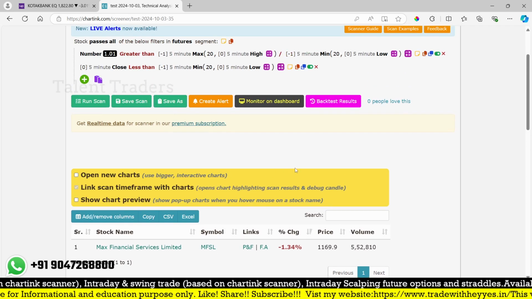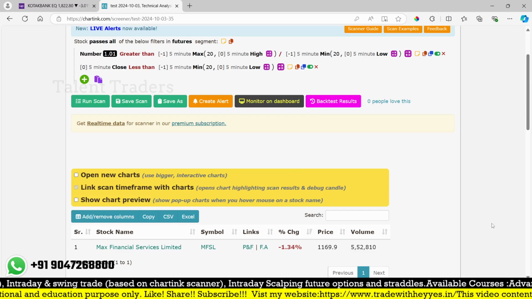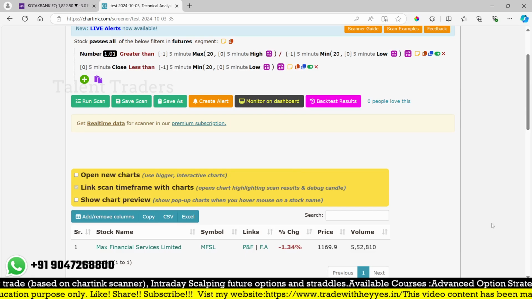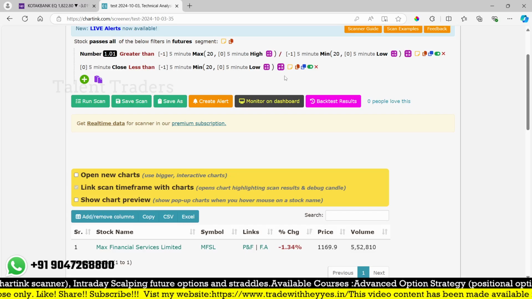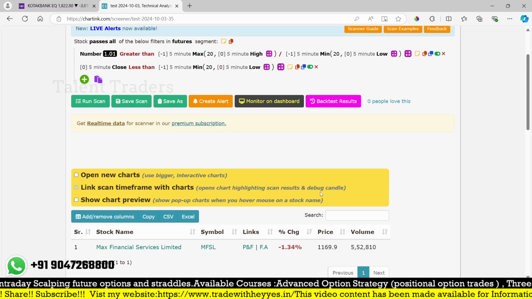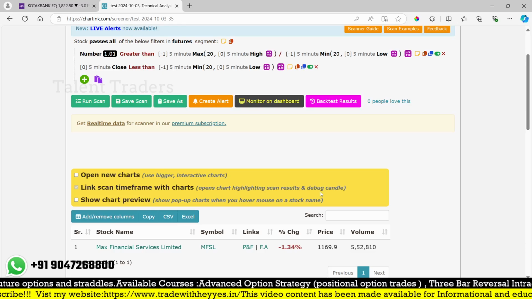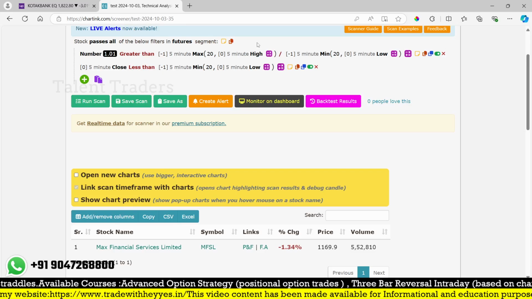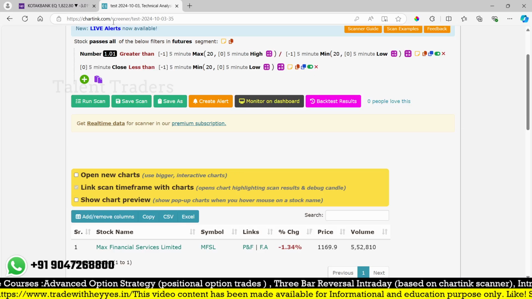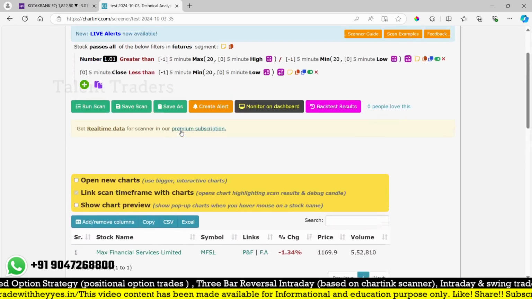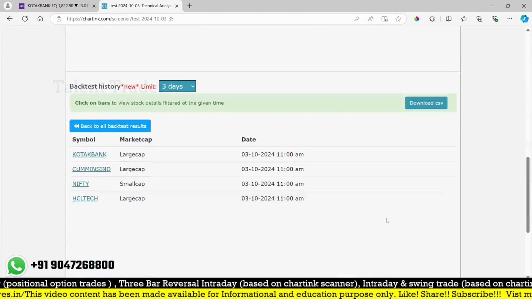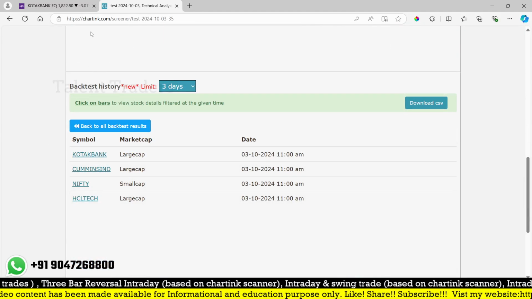Exactly. So for example, 60 minutes. You need to calculate the exact time, how many 25 minutes. So 100 minutes, maybe more than 1.5 hours. You can calculate it exactly for pure intraday. So let me check the last candle, and on an intraday basis, Cummins India Nifty also be there